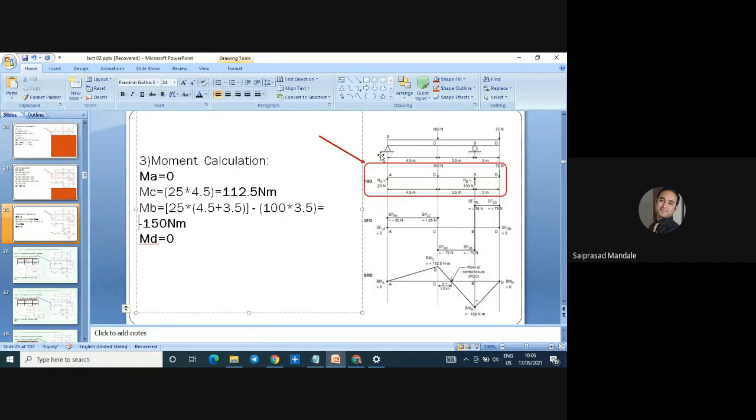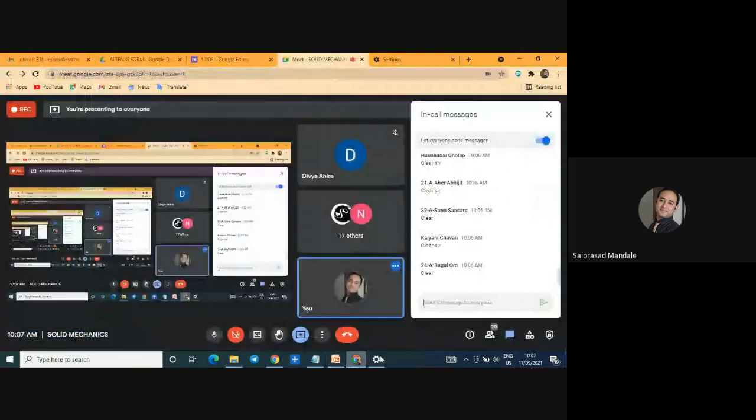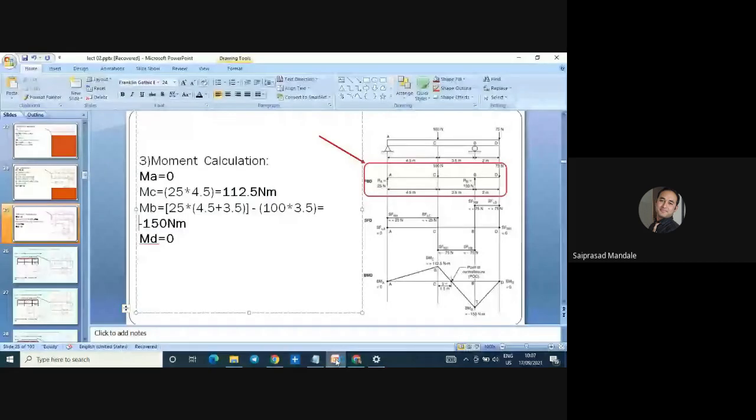So you have to calculate the points. You have to calculate and draw the shear force and bending moment diagram for an overhang beam, two numericals. Okay, this is the third numerical for assignment number 2. Moving onwards,